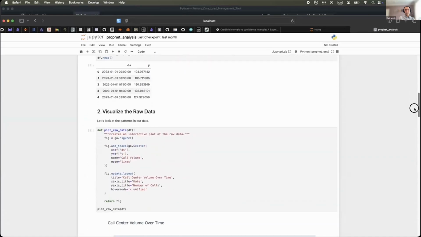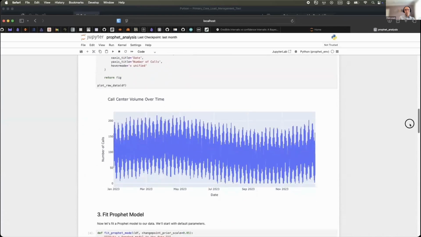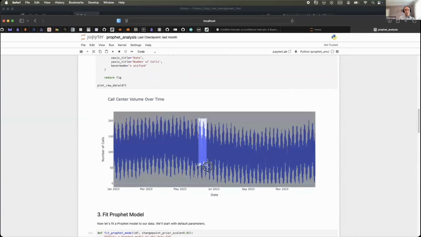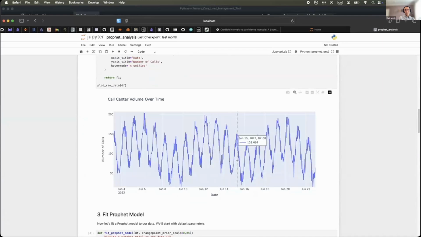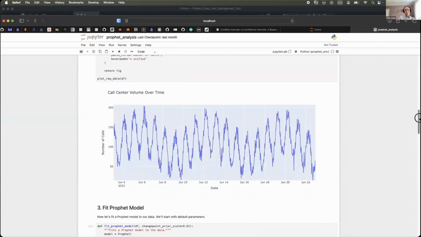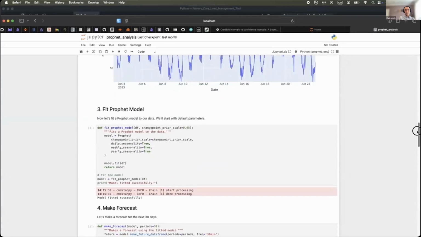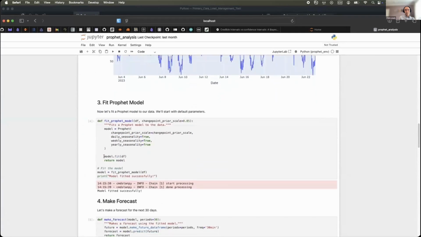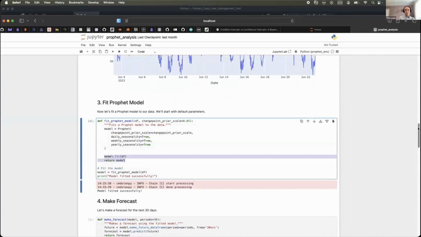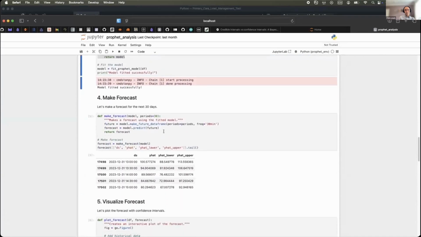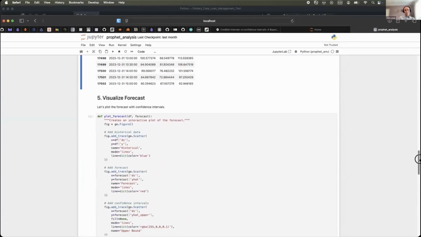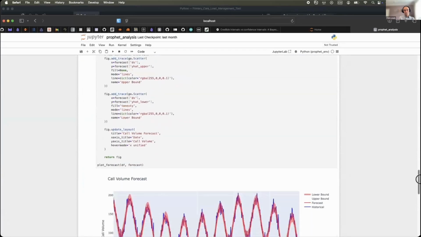Here we're creating some fake data just as a test. That's what the fake data looks like. There's a weekly pattern to it and an annual pattern to it. Let's zoom in. Here you can see variations across the hours and days. Now let's see if we can fit the model and learn it, and then let's make a forecast, and then we want to make a plot showing the two together.